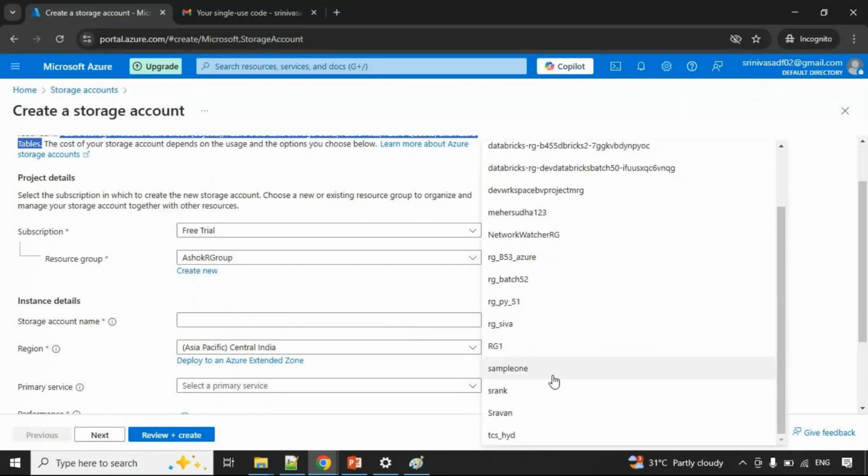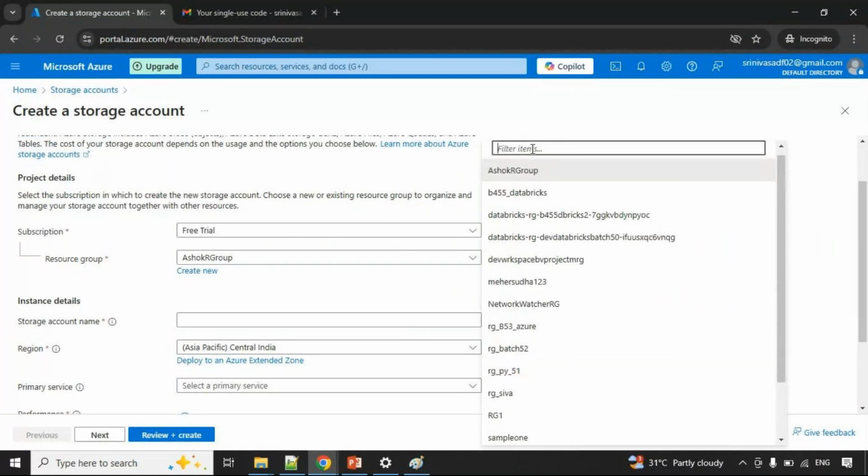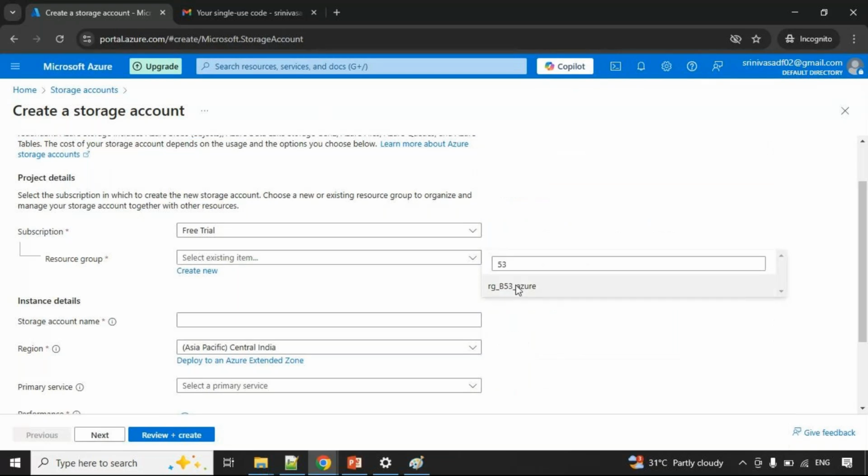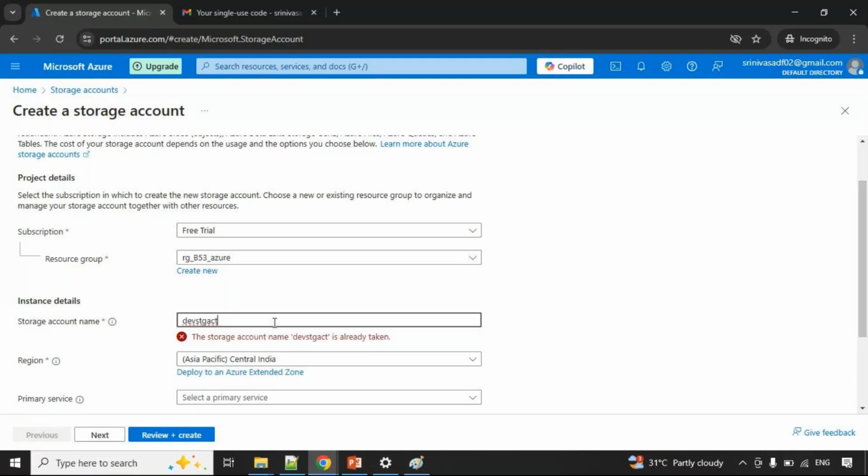RG underscore batch 53. This is my resource group. So what is your storage account name? Dev stg account batch 53. If you give a name like this, guys, and someone worldwide has already created it, then it is going to show an alert. Okay, it is already taken. Now I'm going to mention batch 53.